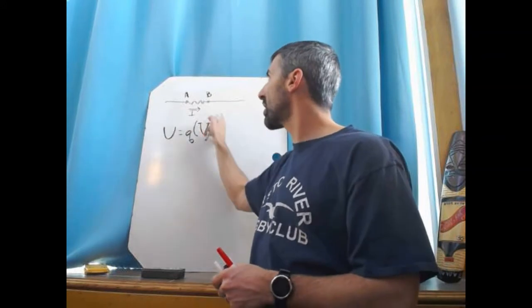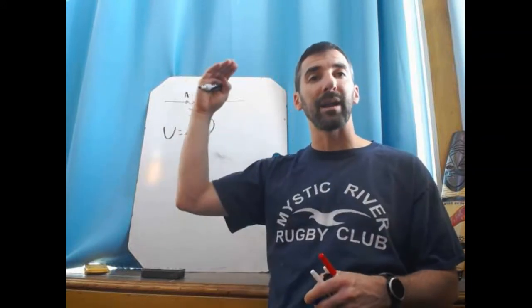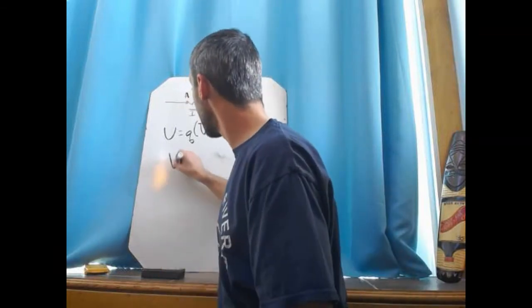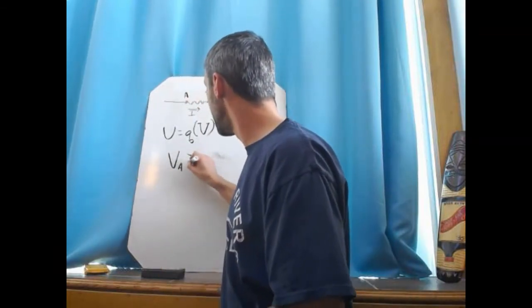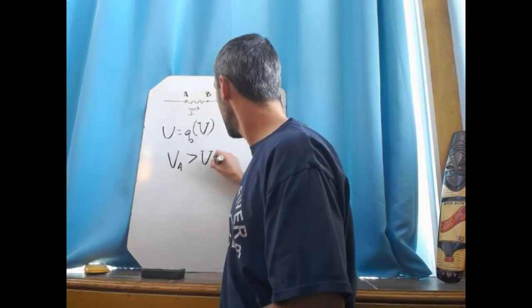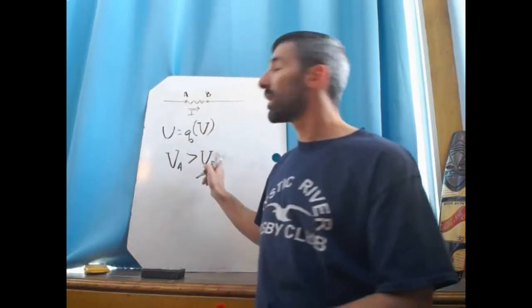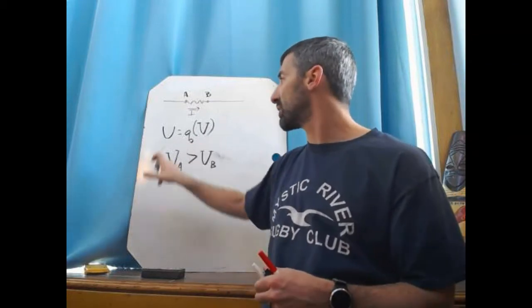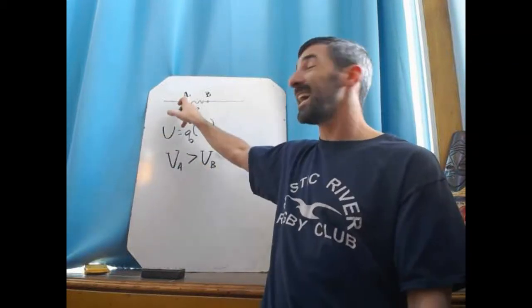So since my current is flowing from a higher potential to a lower potential, I would have to know that VA is bigger than VB. Well, if VA is bigger than VB, then just based on definition, my potential energy at A is